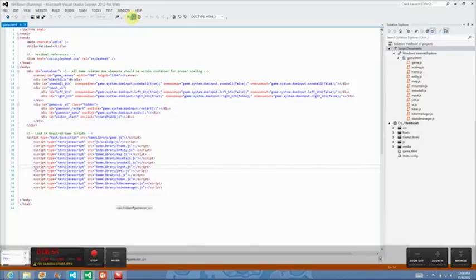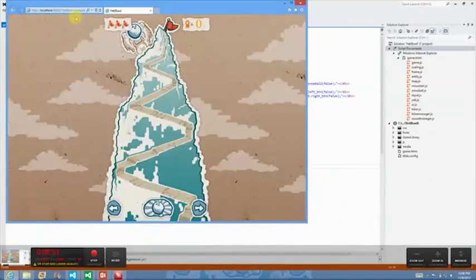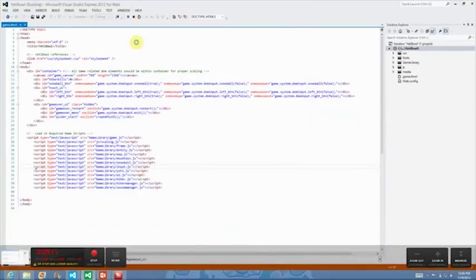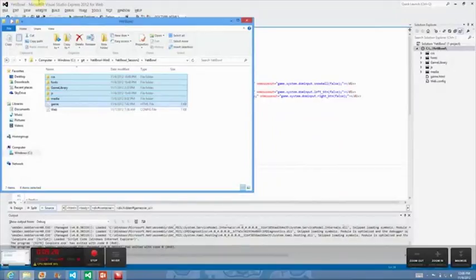So what I'm going to do is take this game, the assets, and copy and paste them from my folder in Visual Studio that I'm using for the web game, and I'm going to paste them inside of a Windows 8 app. So I have that folder open here, and I have my assets selected. So I'm going to go ahead and copy them, and then I'm going to open up Visual Studio for Windows 8, do a new project,